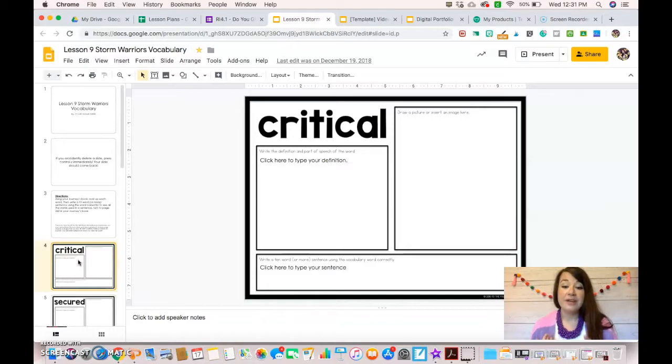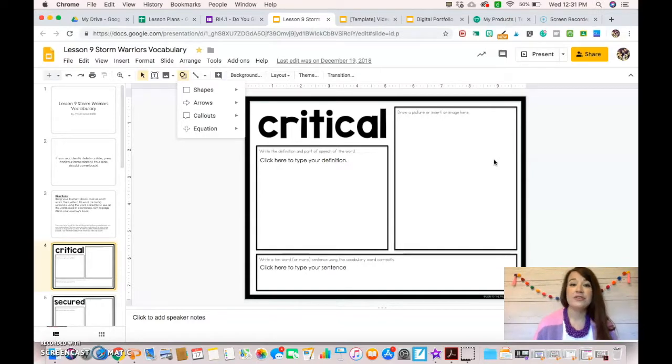I want them to provide a definition, and I want them to use a vocabulary word in a sentence. Then they can draw a picture using the shapes up here. I always teach my class all of the essentials of digital design, because I'm so passionate about it. I want my class to know what I'm passionate about, so I always teach them about digital design, and they love it. A lot of them do use the shapes to try and draw their own pictures. So here's one example of how teachers use digital resources in Google Slides to assess their students or to provide